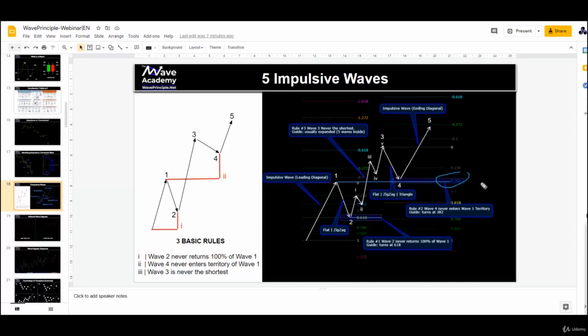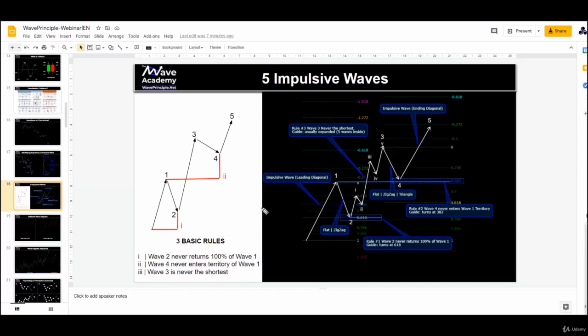It may return to 0.382 from the length of 0 to 3. But that is a guideline also, so never expect this to be very precise. It may arrive a little close and then go up. It may go to 0.5 and then go up, as it may also go to 0.618. But that depends if wave 1 is lower than that.